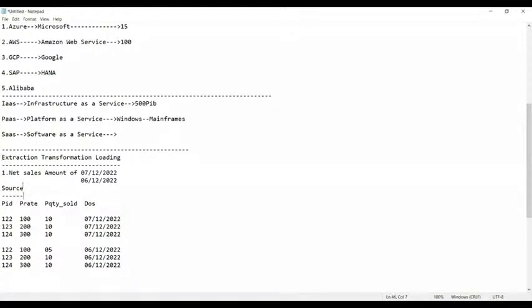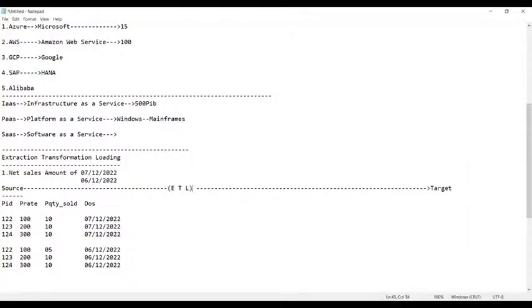The first one is the source, and the second one, which is very important, is the target. Source and the target. Between the source and the target, guys, we apply the process of ETL, which stands for what?